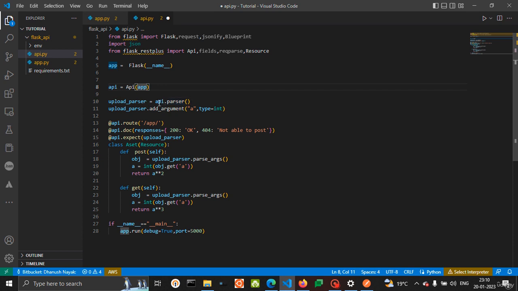So I have made an API.parser. This is a parser, and for the parser I have created an object. And for this object, I can basically add arguments. As of now, I am adding an argument called a, which is of type int. And let me give it a description as